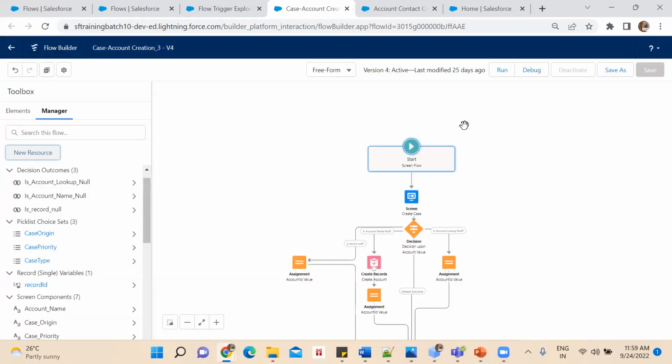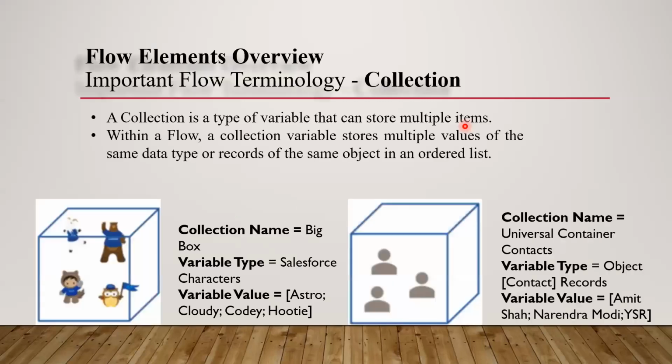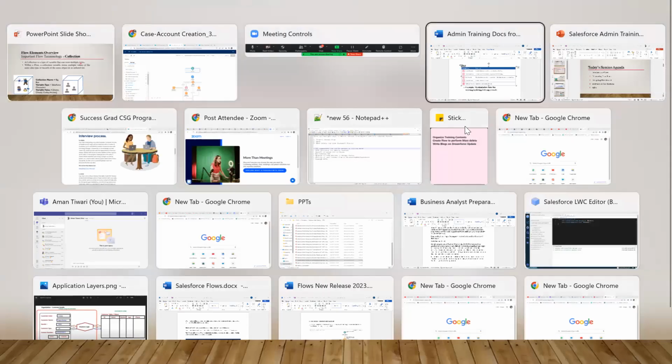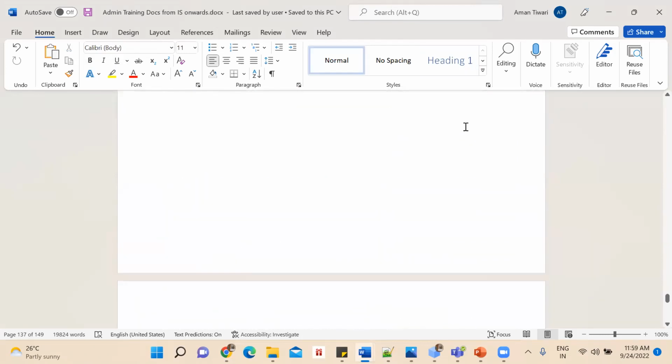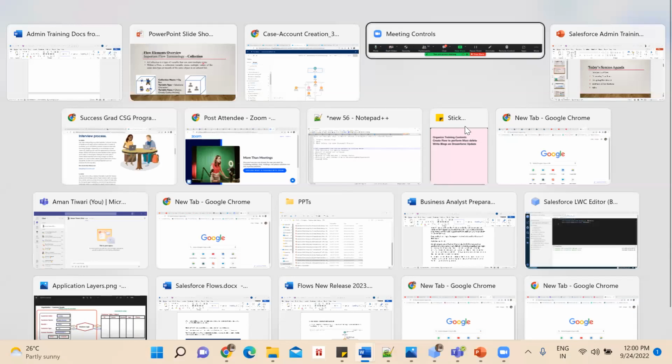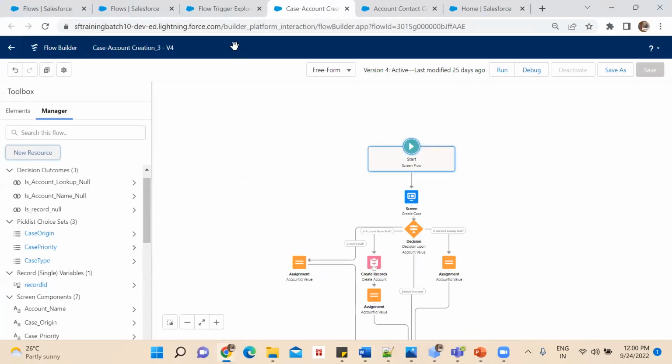Now, is it clear for you to understand what is variable, what is collection, what is resources? Okay, some knowledge on it. Yes, fine. So with that said, I think we are done with today's session. If you have any doubts, you can ask me, or we are good to go ahead for the next Q&A part, which we have already covered, and then the Kahoot quiz.